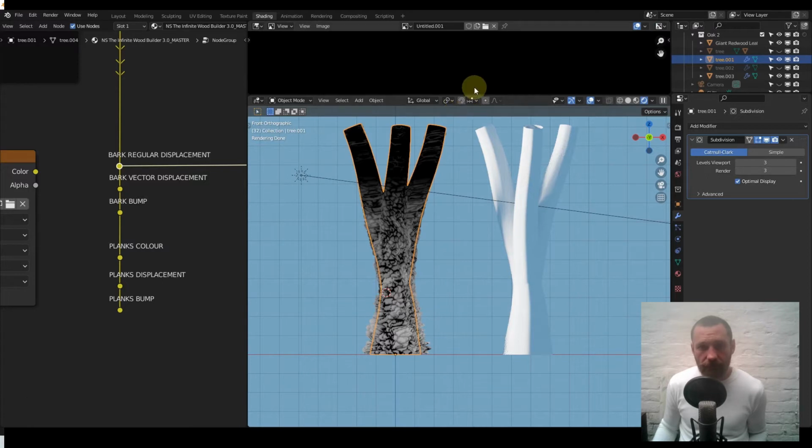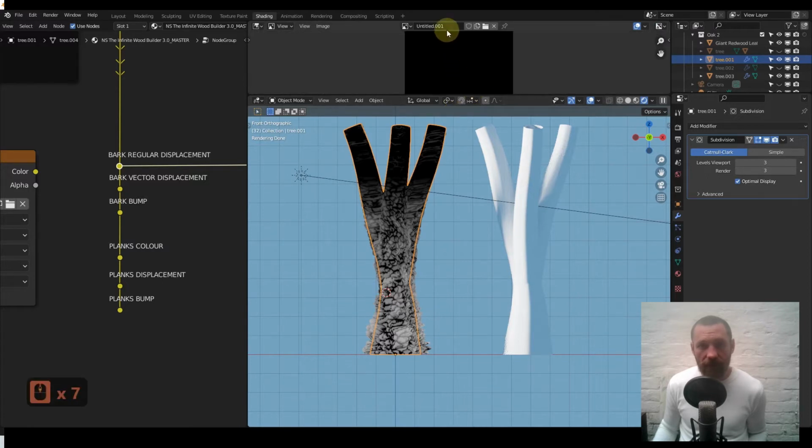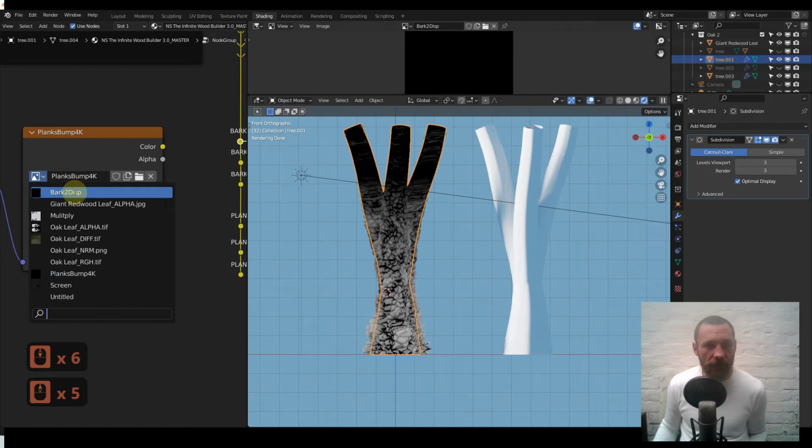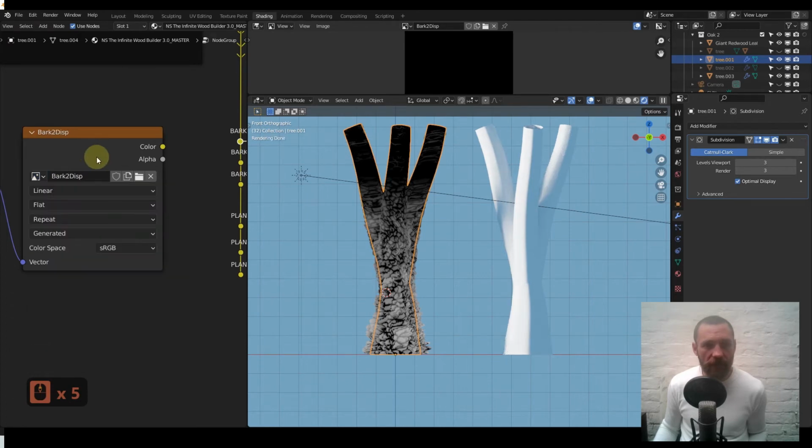Okay, so now we have this. I didn't give it a name. Give it a name, Bark 2 Disp. That's what I'll call it, Bark 2 Disp. Once you've done that, you want to load that into here, Bark 2 Disp, into this preview node,